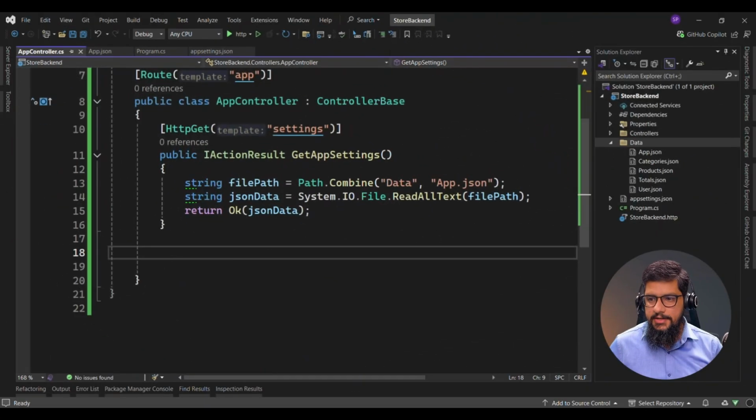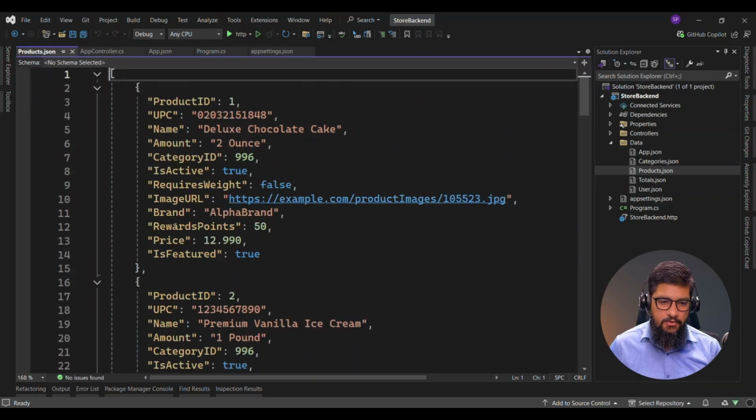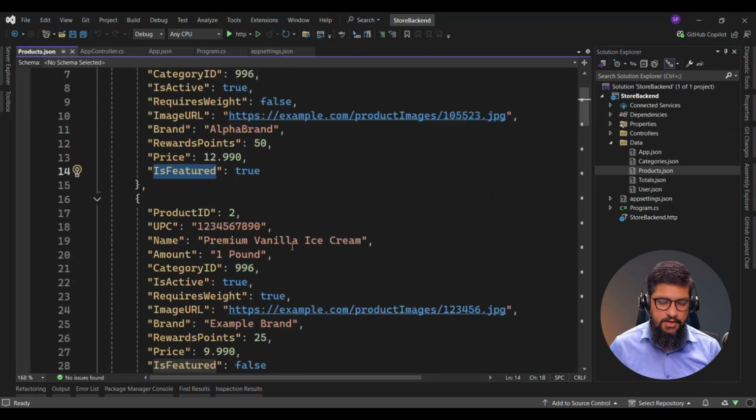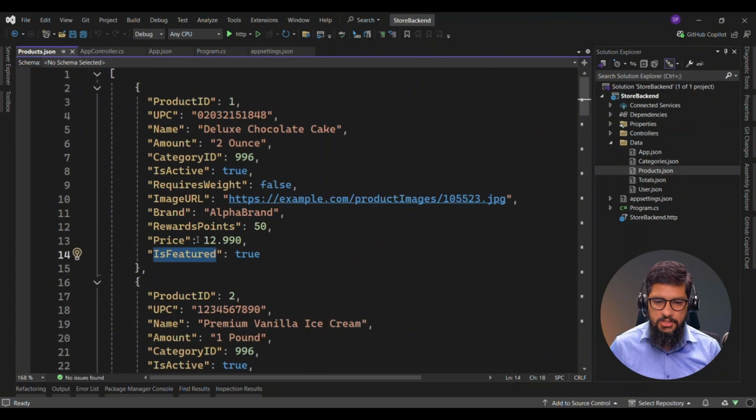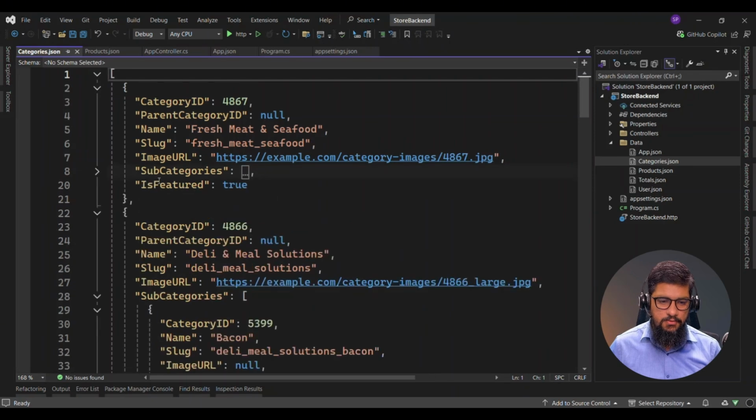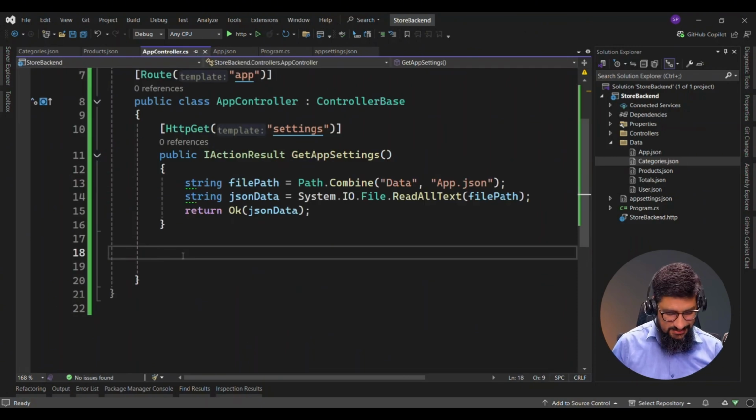So let's create an endpoint that will give us the homepage data. And it should be able to read the information from the products file as well as the categories, because from the products, we'll have a few products that are featured. We'd like them to be presented on the homepage. And then for some of the categories, we'd like them to be the categories which are featured. We'd like them to be presented as well. So let's ask GitHub Copilot,